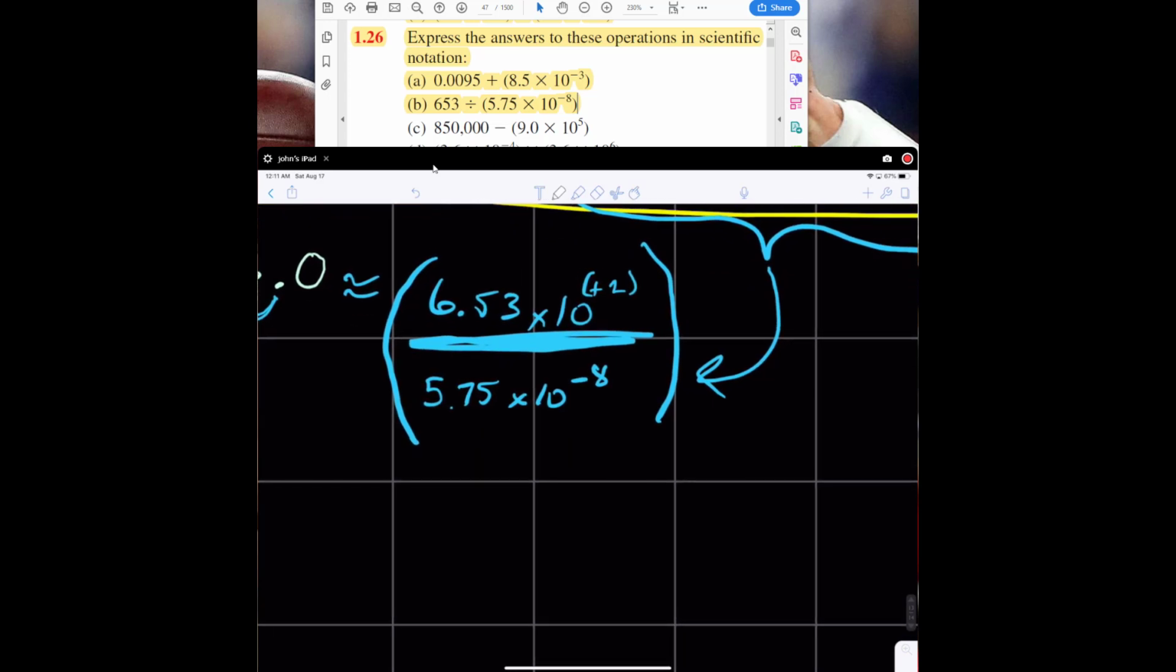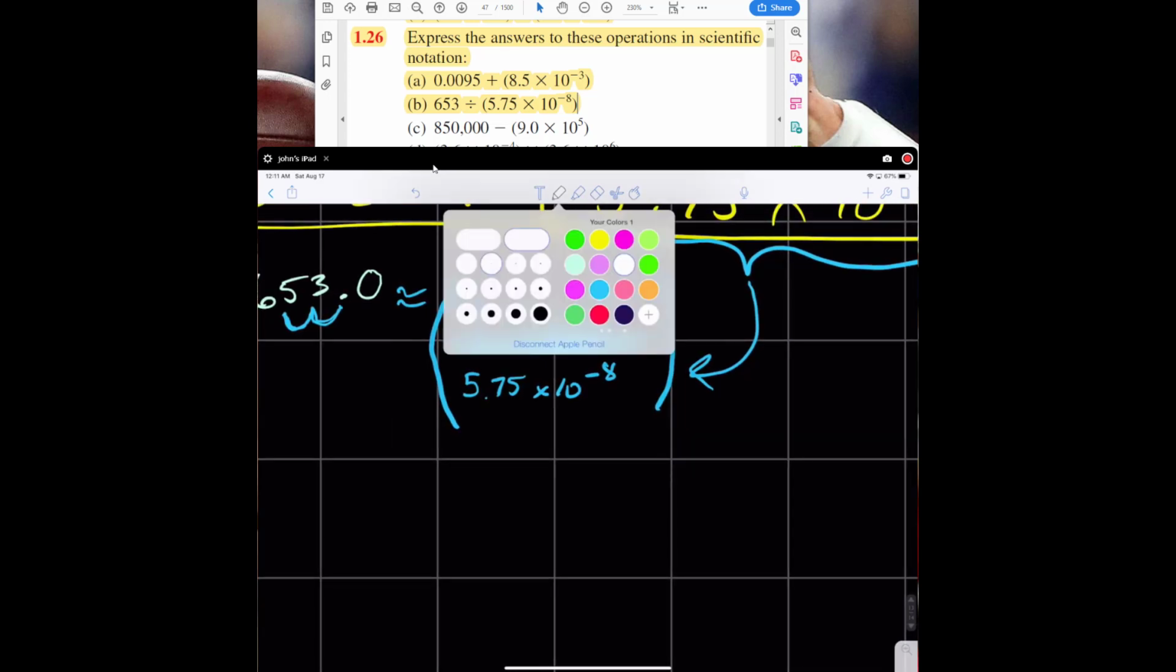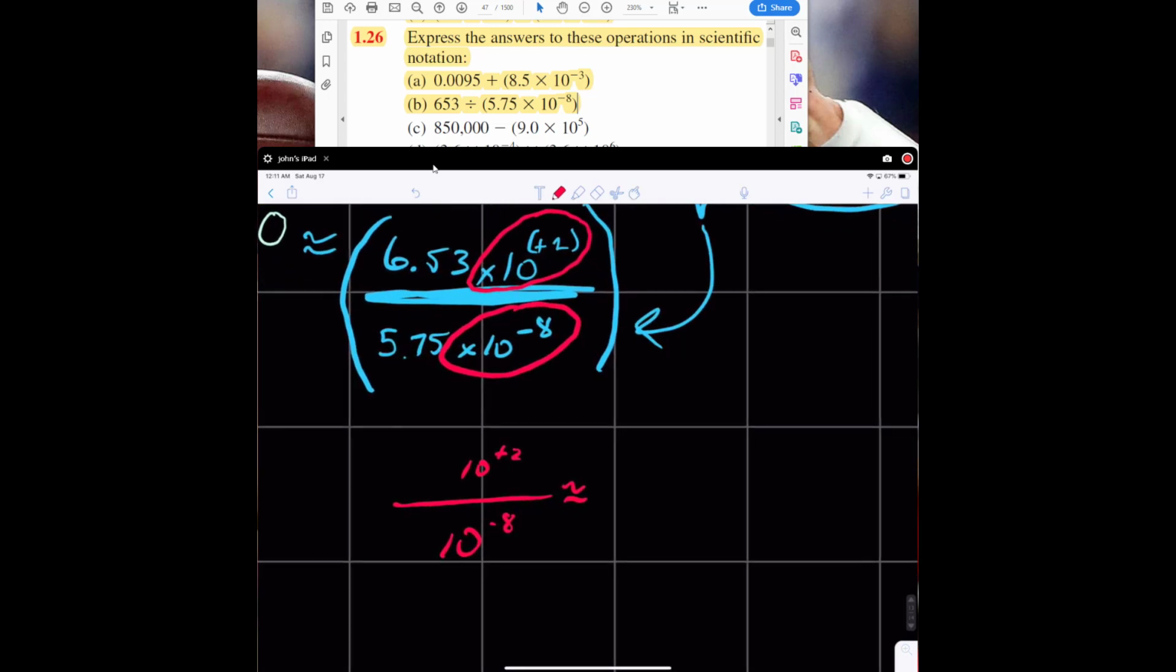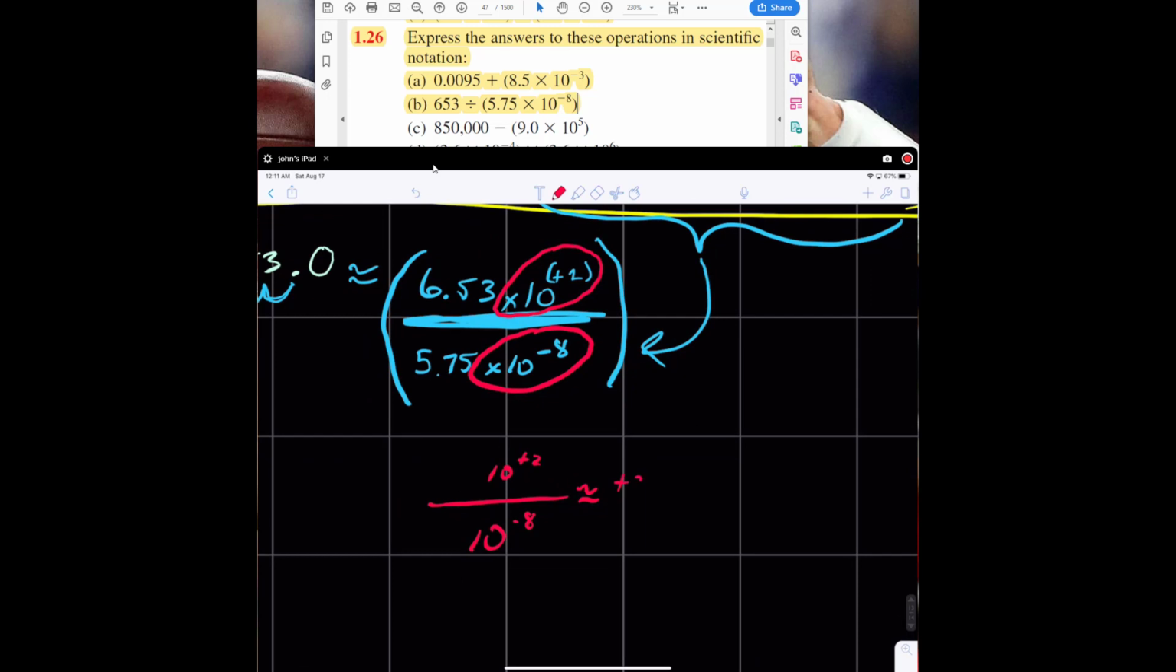Okay, so with the rules of division, we can simply subtract the exponents. We're going to deal with these portions first. Okay? So 10 to the 2 power over 10 to the minus 8 power is just like saying, since we're going to subtract them and we're just dealing with the exponents here, plus 2 minus negative 8,